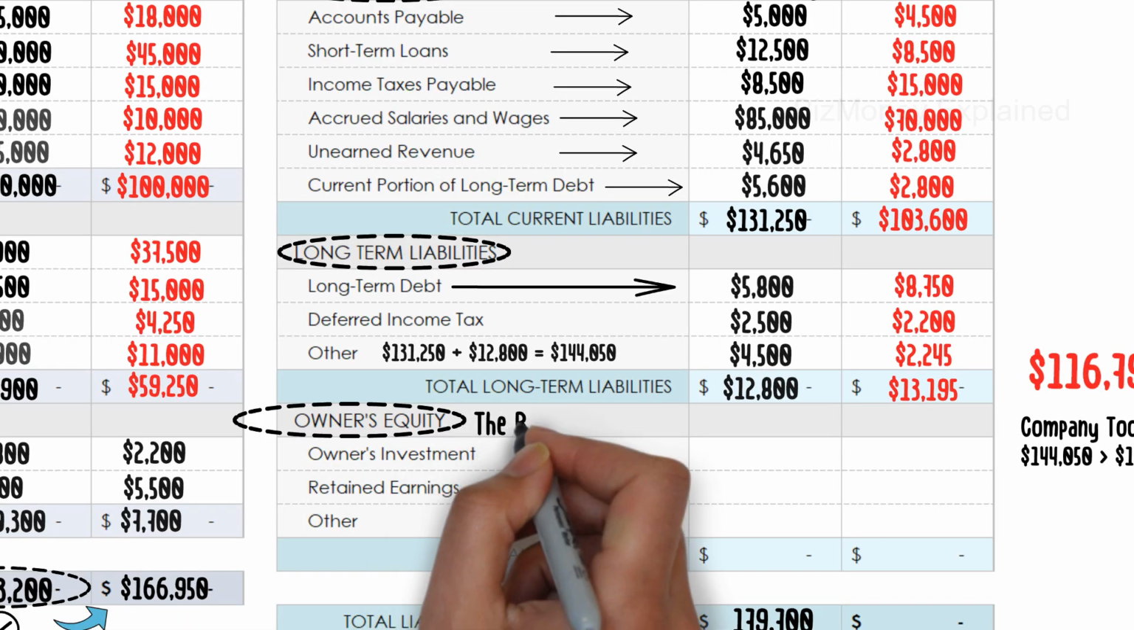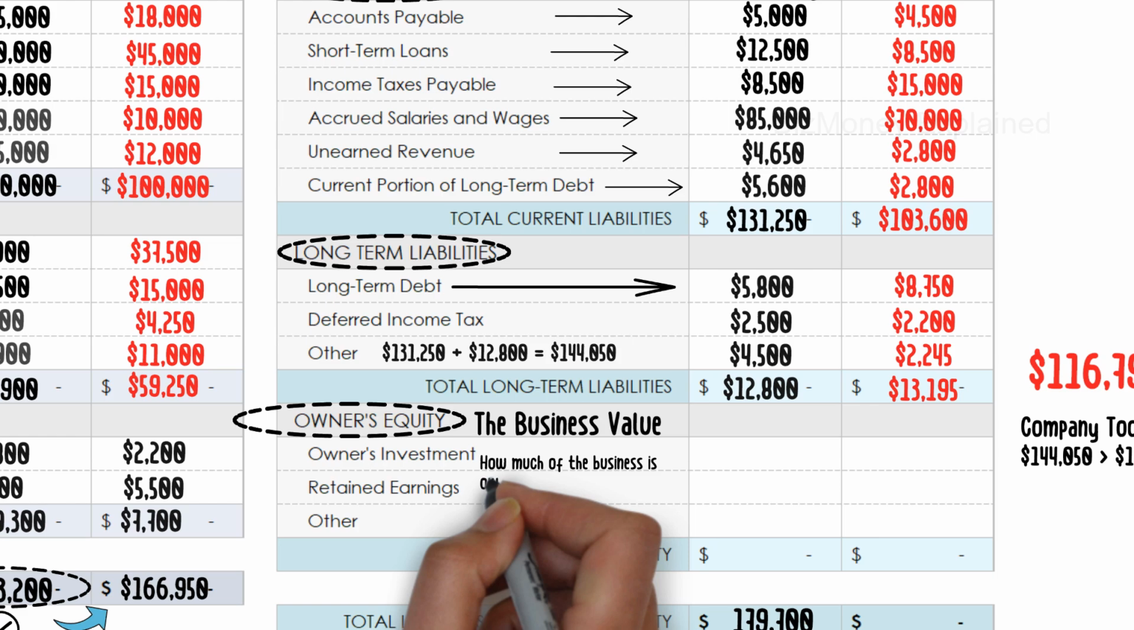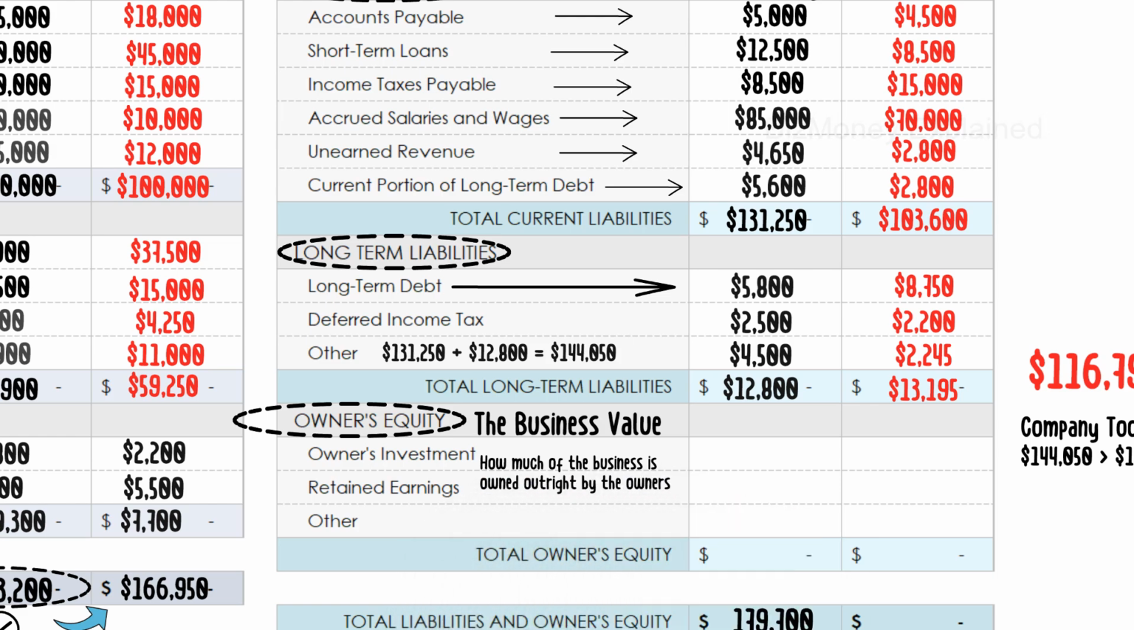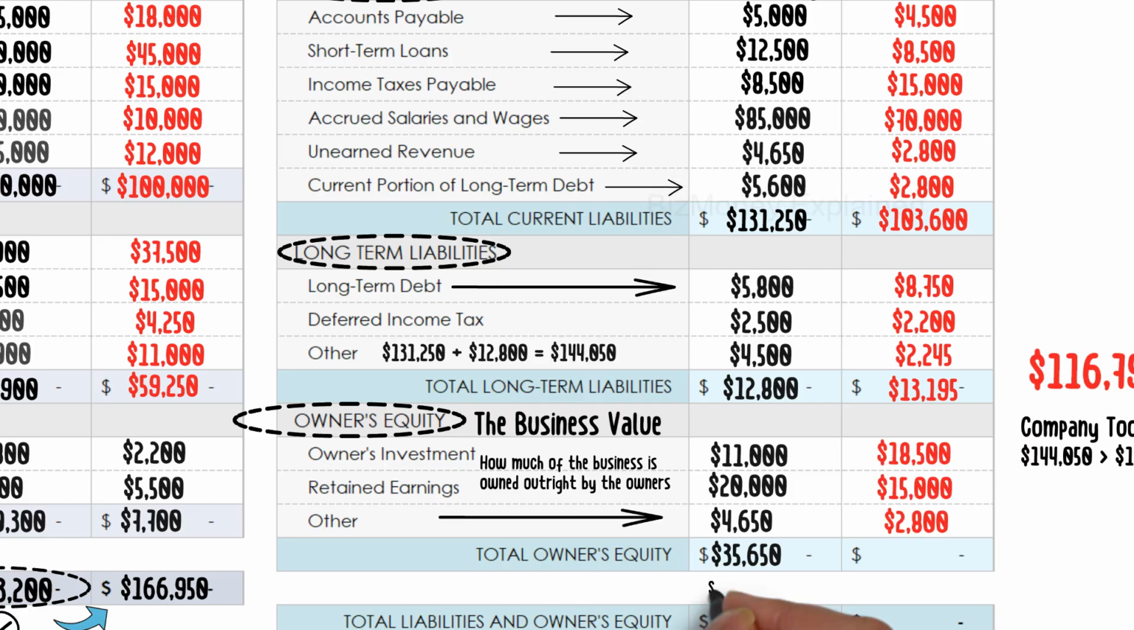Owner's equity, the business value. Now let's look at the final section, owner's equity. This tells us how much of the business is owned outright by the owners after all debts are paid. It includes owner's investment, $11,000, retained earnings, $20,000, that's profit kept in the business, and other equity items, $4,650. Altogether, the equity for the current year is $35,650, which is slightly lower than the prior year's